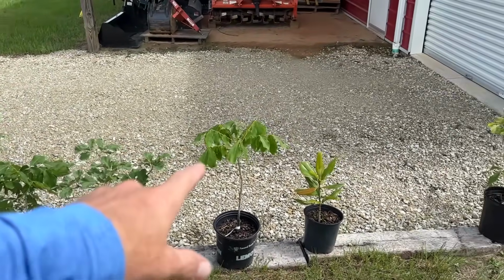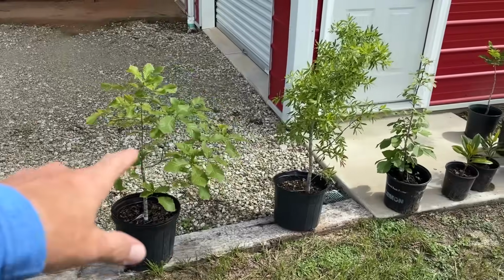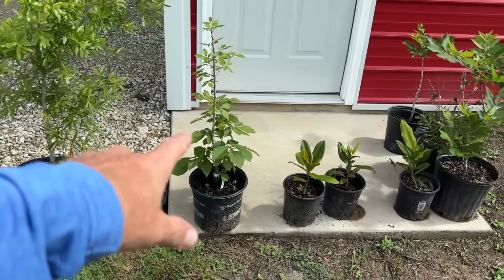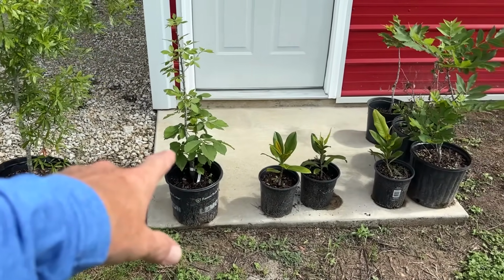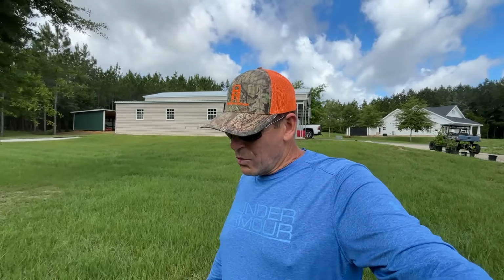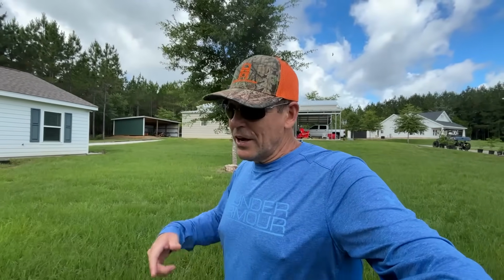Hickory, oak, hickory, that's a magnolia I started from seed. Oak, I think that's a pin oak. I think that's a sawtooth oak. I think that is a hickory. And then we got a couple of pecan trees. What I'm trying to do is not put them somewhere where I'm going to have to fight to mow around them. But before I get started with that, I just wanted to give you guys a quick update